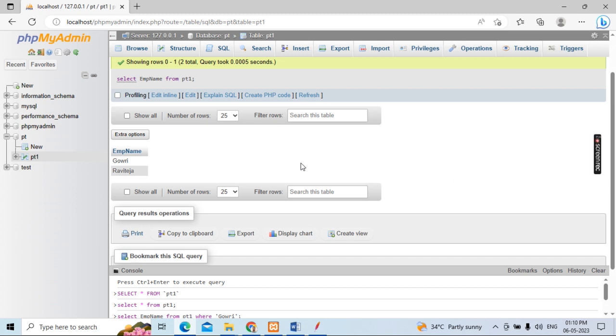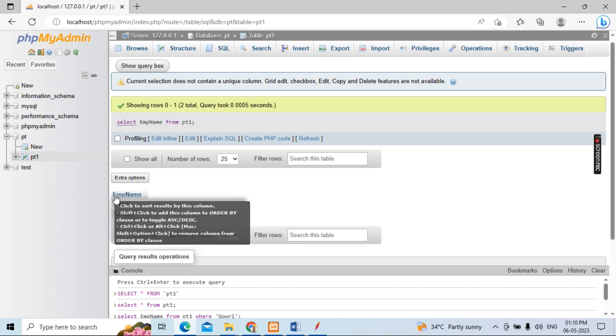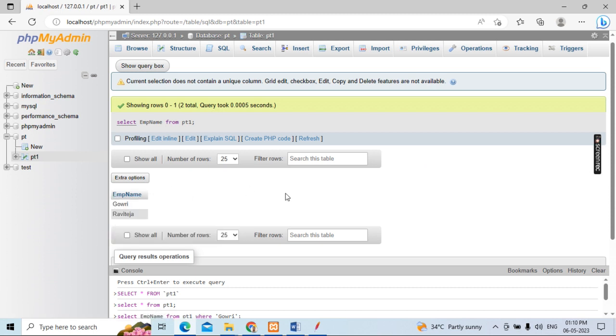Yeah, you can see you are expecting only the employee name column. Okay, the employee name column is available: Gauri and Raviteja. There are only two names available. This is what you required. You can see last time how many seconds it took, 0.0864 seconds, but